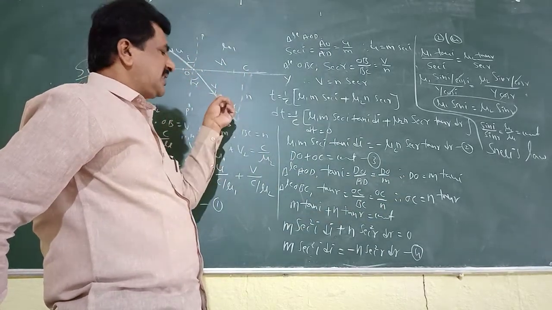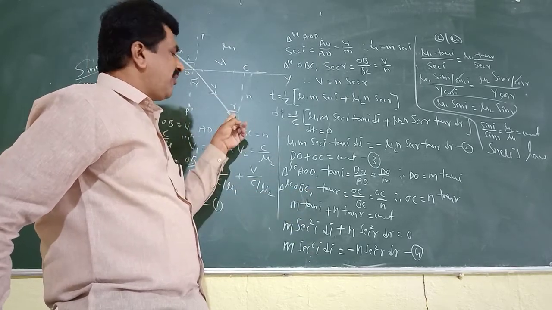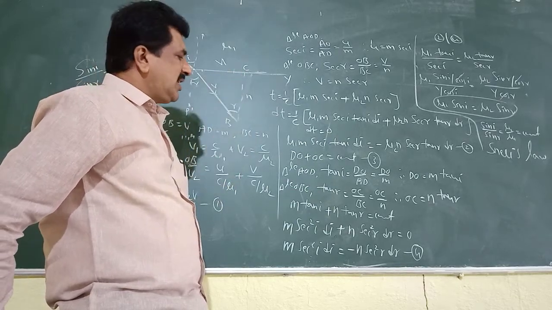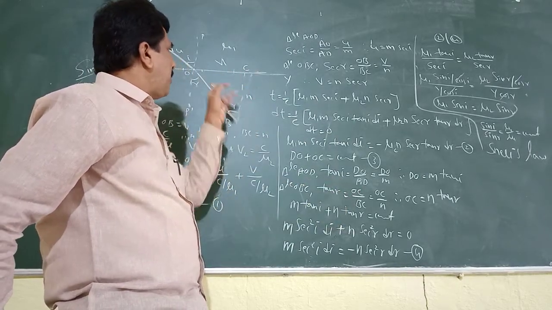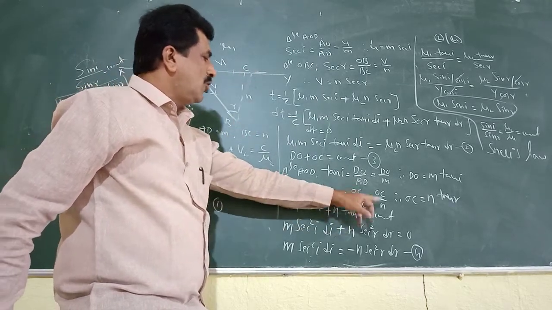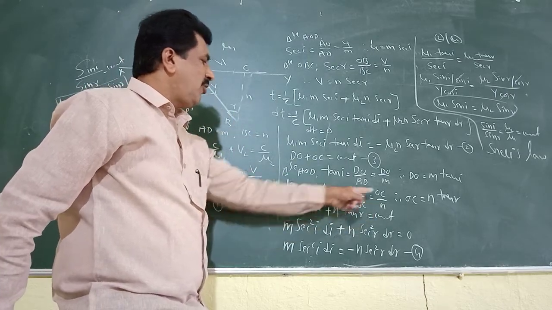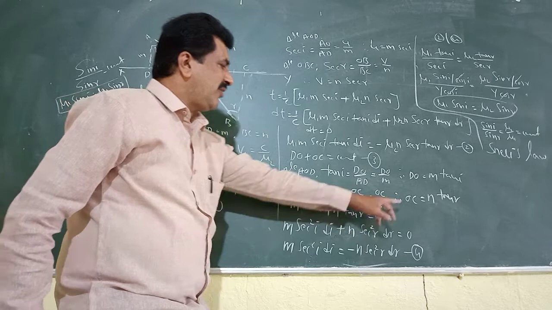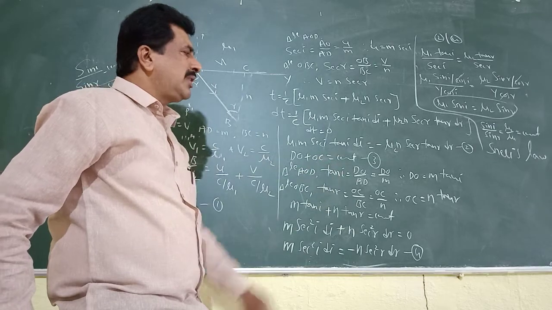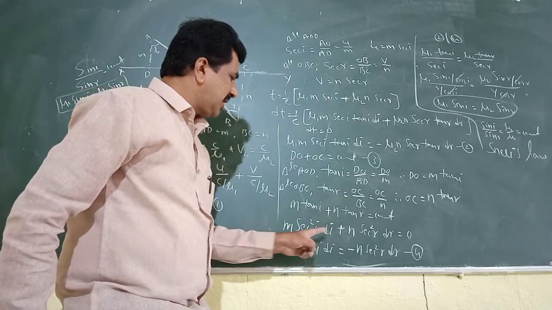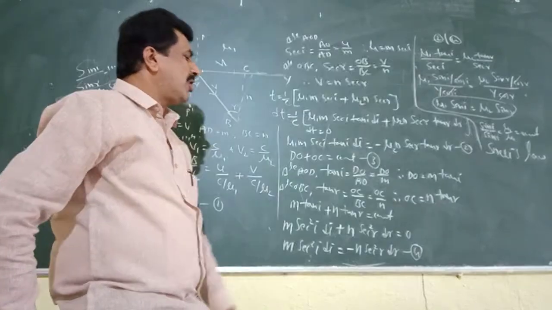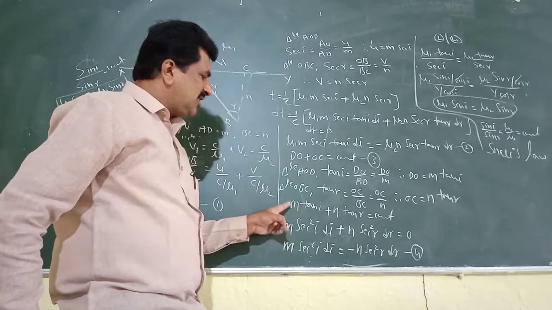Similarly, in the triangle OBC, tan R is equal to opposite side divided by adjacent side. The opposite side is OC and the adjacent side is BC, which is n. Therefore tan R equals OC divided by n, so OC is equal to n tan R. Now these two values are substituted in equation number 3. DO is m into tan I plus OC is n into tan R, equal to constant. Now differentiate this equation.